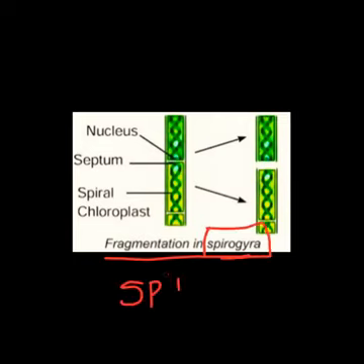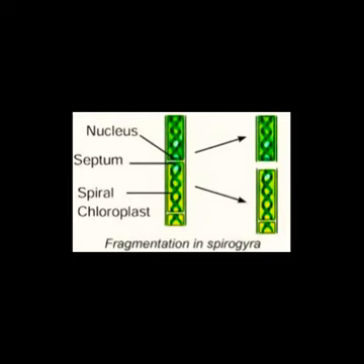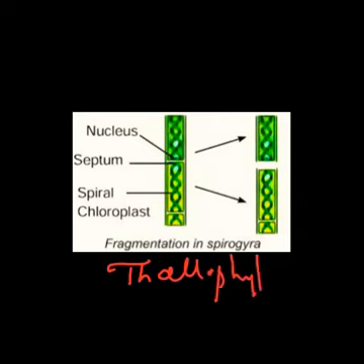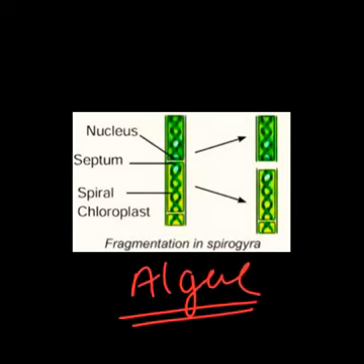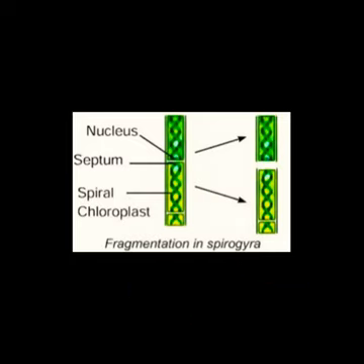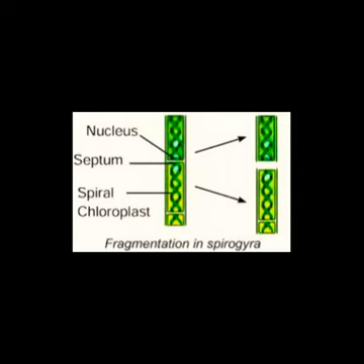Now, what is this Spirogyra? In 9th standard, in the topic plant kingdom, we discussed the division Thallophyta. So, Thallophyta means what? They are commonly called algae. So, they are lower plants. Lower means what? They have a simple body structure and they are aquatic. So this Spirogyra is an aquatic plant, right? It grows in fresh water and it forms a filamentous structure.